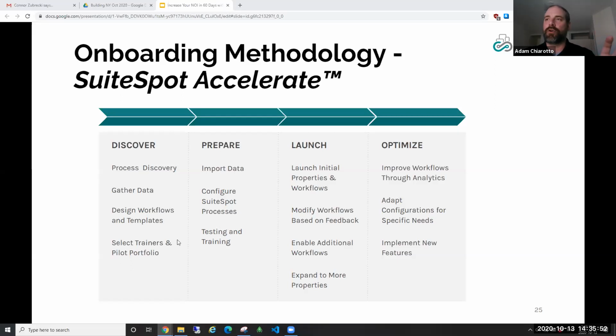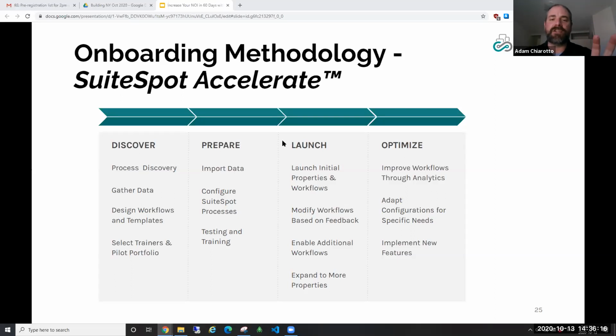And then we're going to map your workflows as per stage 1 of this 3-stage process. And then we're going to do the rest, essentially. We're going to prepare all your data. We don't expect our customers to have to input data or configure things themselves. We take that burden on ourselves. Obviously, we're the ones that know the system the best. We can do it the easiest. So we take that on for you. We don't put that on your plate.